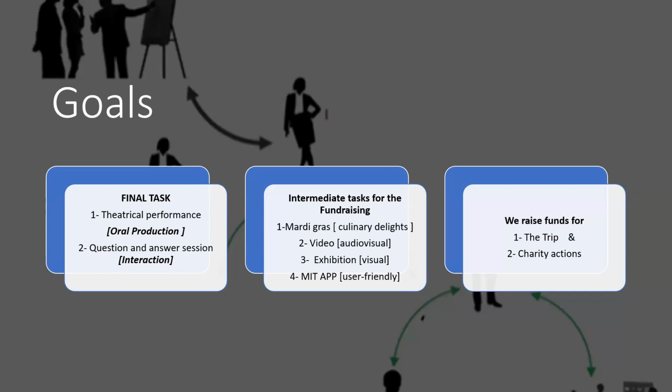So it's very important for us to organize some events, for example, online fundraising via GoFundMe, exhibition with posters to popularize our research, or for the students to popularize their research results and test the smartphone application, and also to organize this cultural event recognized by UNESCO, which is Mardi Gras. So they can do that with Louisiana culinary specialties.